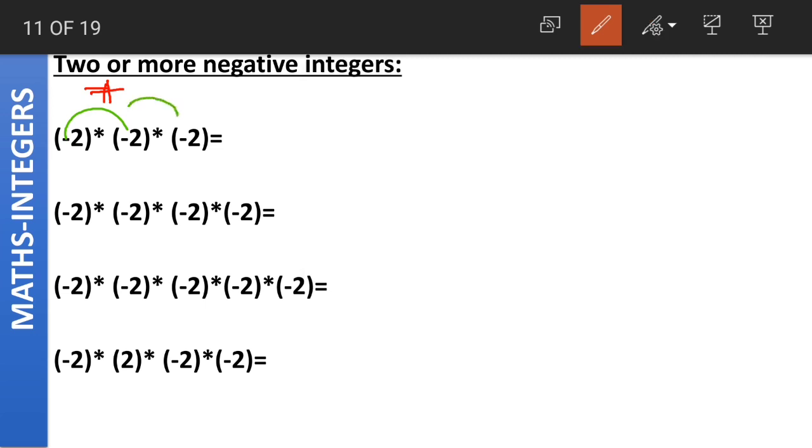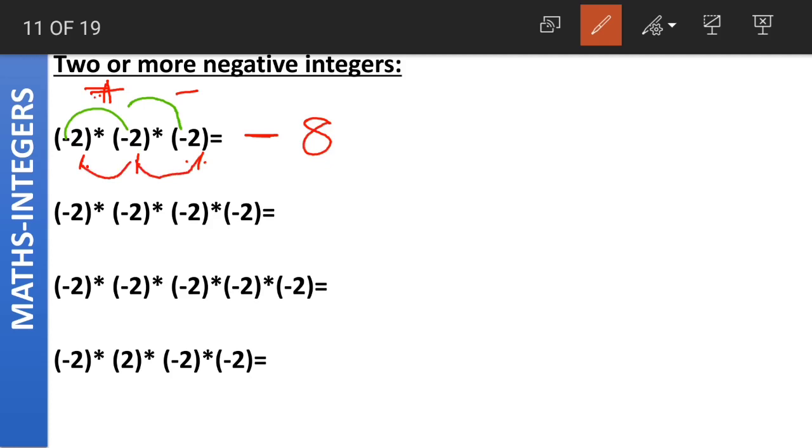Now this plus into minus. Both the numbers have different signs. One is plus and the other is minus. So the answer will be negative. So the final answer here will be negative. Coming to the absolute values, 2 into 2 into 2 is equal to what? 2 into 2 into 2 is equal to 8. 2 2s are 4 and 4 2s are 8.